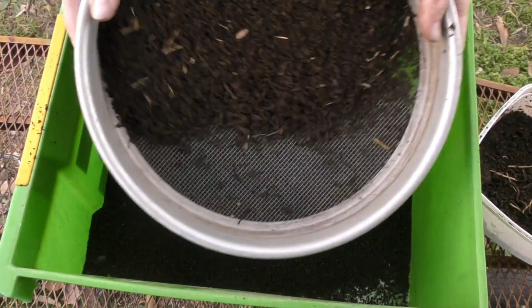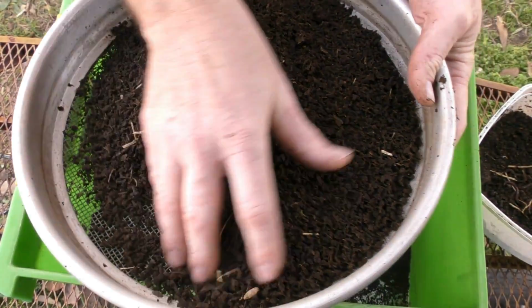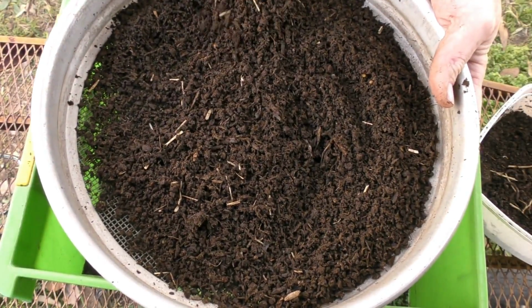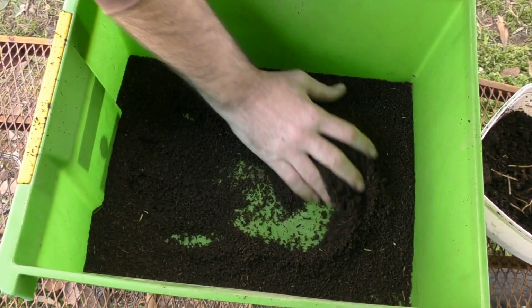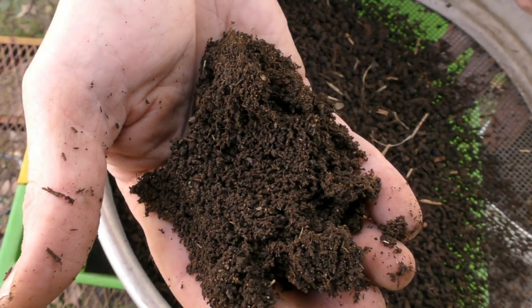Now what we have here, a lot of the finer bits of compost and a lot of the small worms come through here as well. So I like to have a bit of a dig through. There's one worm. So I'll give this a bit of a shake. So there we go. And what we get down the bottom here is very nice, fine compost that goes really